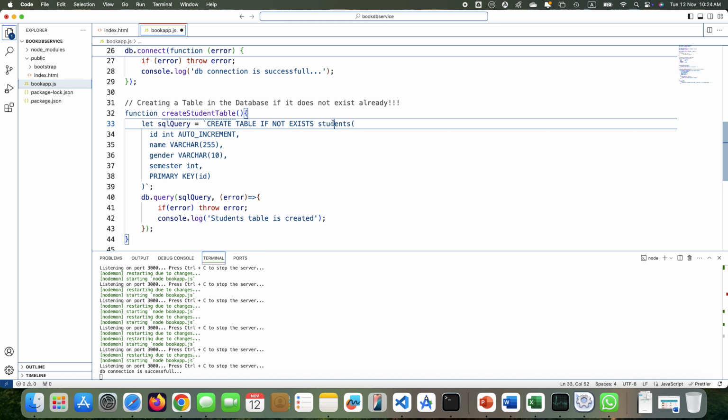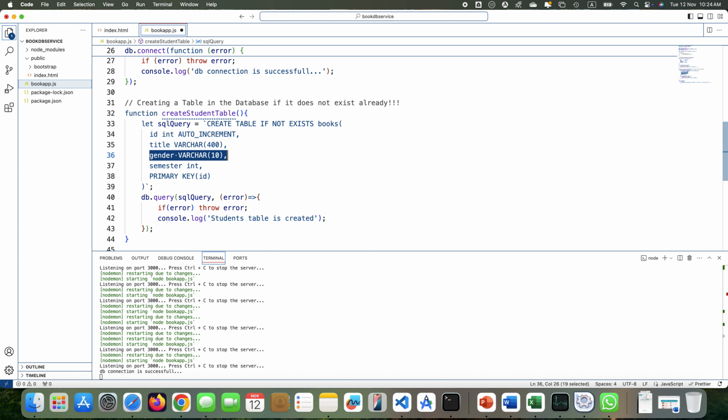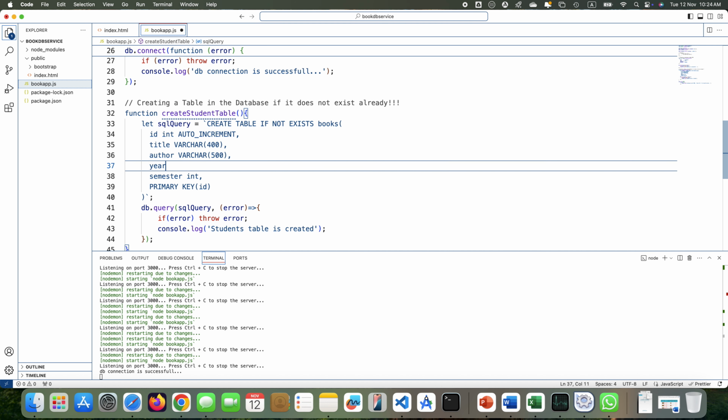So we want to create a table, book or books, with ID auto increment, then title, which I'll make varchar, maybe 400 characters. Then I have author, again varchar, maybe 500 characters. Then I say year